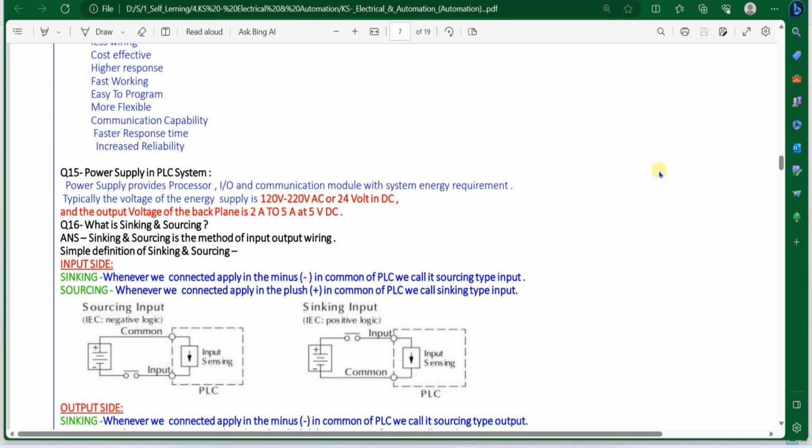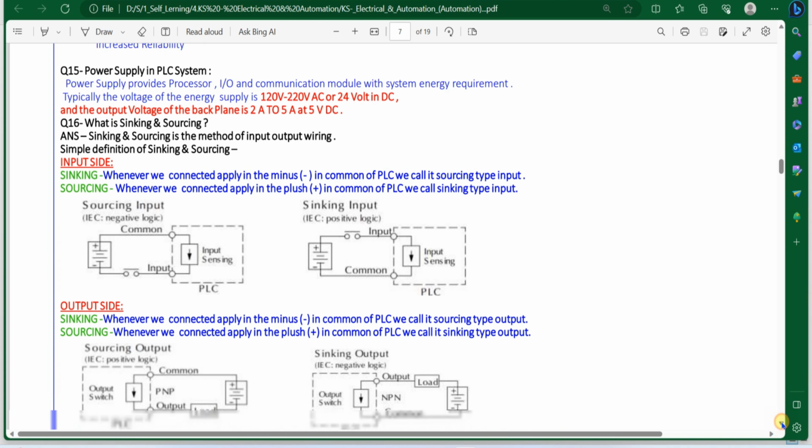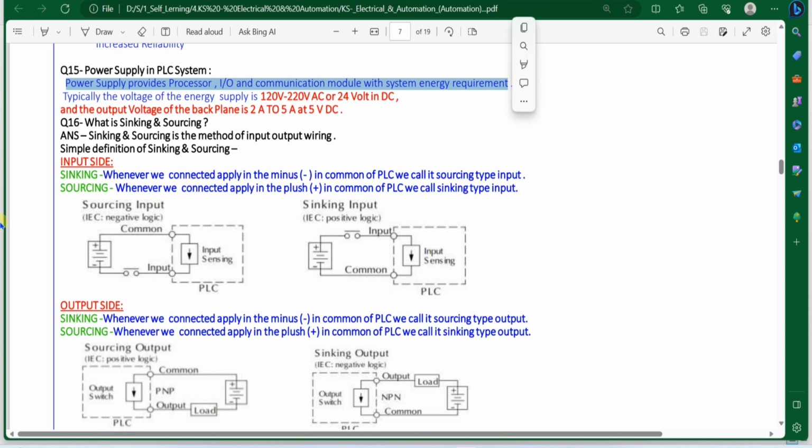Before that, I am going to talk about what is power supply. The power supply provides the processor, I/O and communication modules with the system energy requirement. Means that